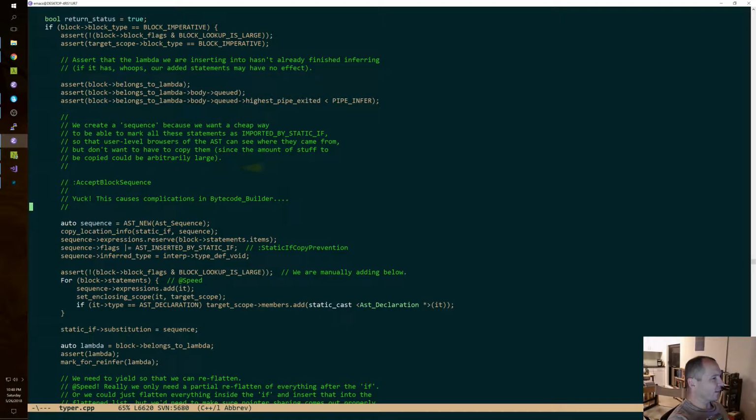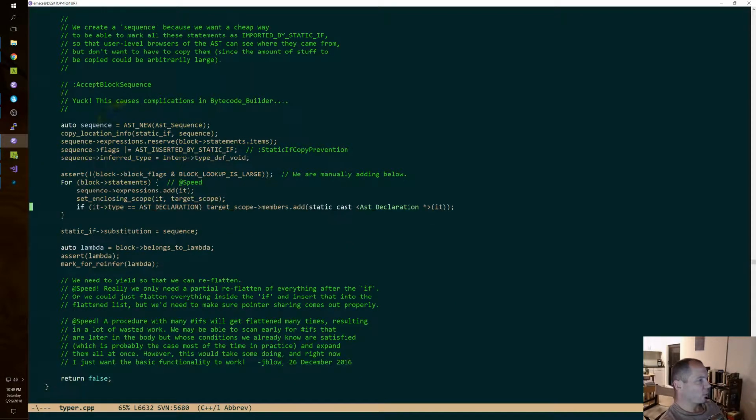Yeah, oh yuck. Oh yuck. Instead of creating a sequence, I mean, maybe it should be individual dummy nodes later. I don't know. I don't know.